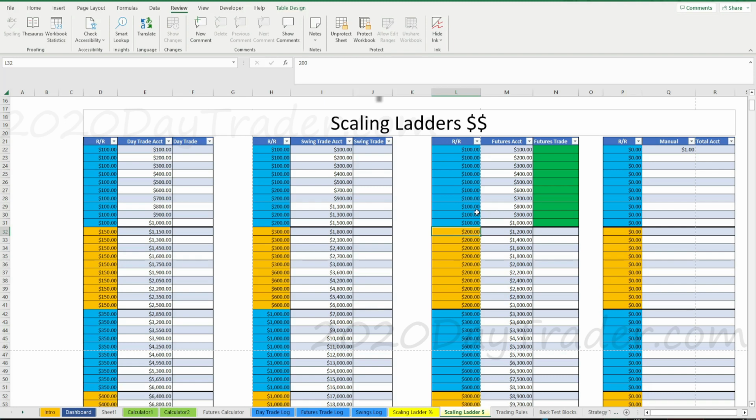So when you're looking at your trade plan, yes, you can say, when do I scale up? But also, when do you scale back down to protect your account? What does that look like? So definitely think about that, traders. Not just about scaling up, but scaling back down as well. So there we are with the scaling ladders. We're almost there, almost there. So let's go over to the dashboard.